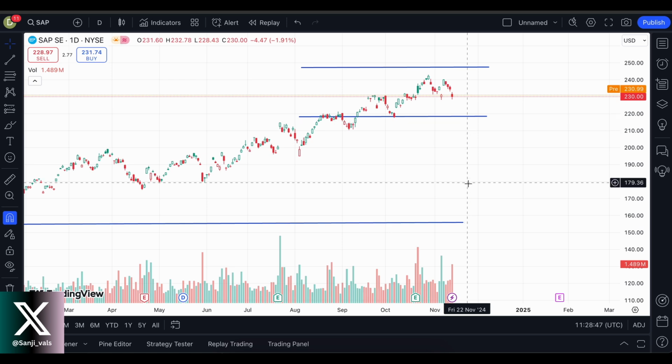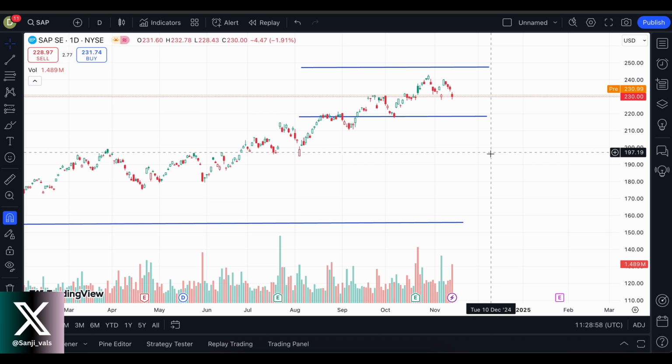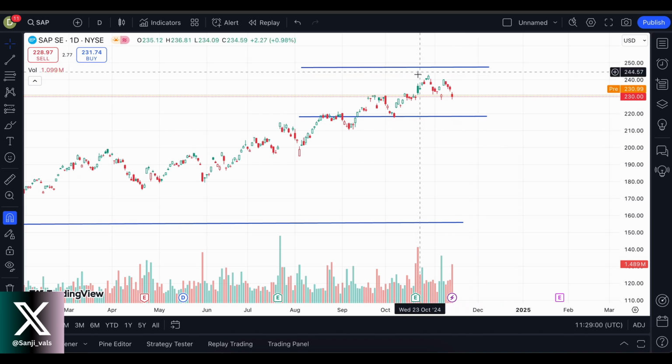But please make sure that you use other indicators as well, such as VWAP, volume weighted average price, and also look at the volumes to make sure that you have a strong downside trend. But here we have this short-term trading range for that stock, and the mid-term target price is somewhere here at